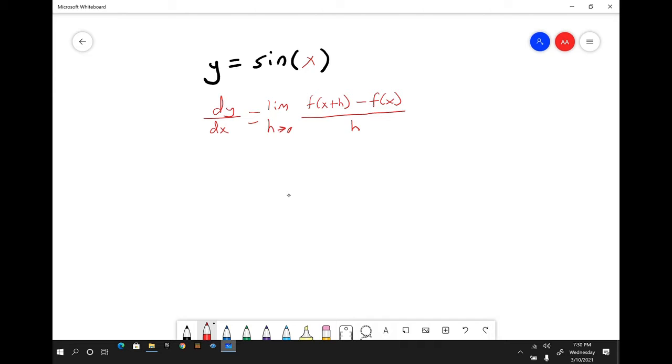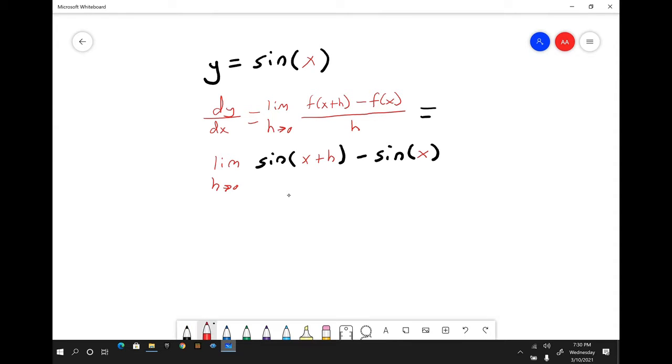So in this case, since our f of x or y is equal to the sine of x, we can write this as the limit as h goes to 0 of the sine of x plus h minus the sine of x